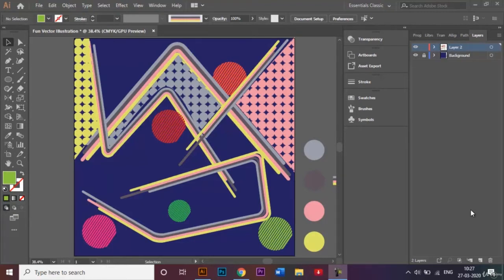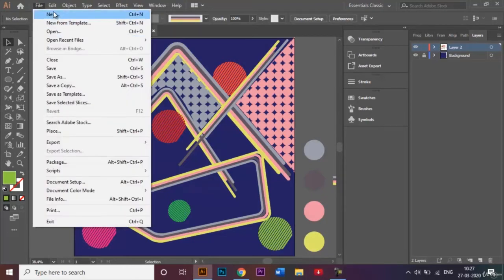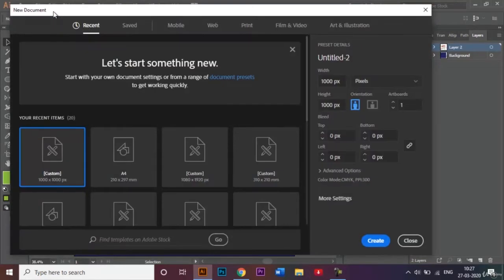So I'm going to dive right in and open up a new document. For this video, I will be using this custom size document which is 1000 by 1000 pixels, and the orientation will remain portrait as well. It doesn't really matter what orientation it is because it's going to be square, and I will rename my document to be